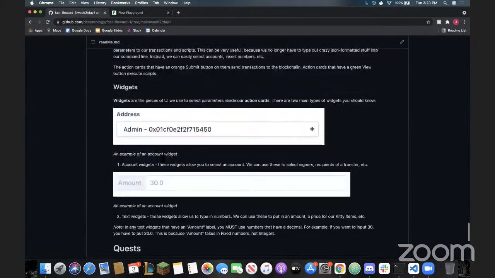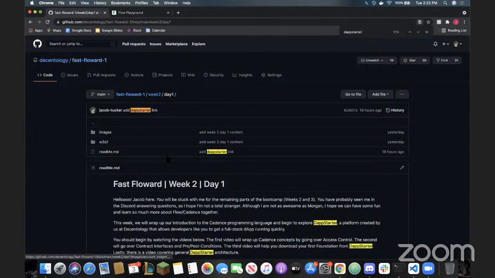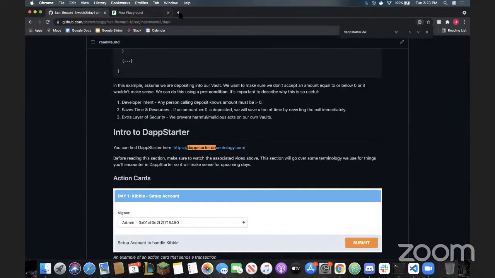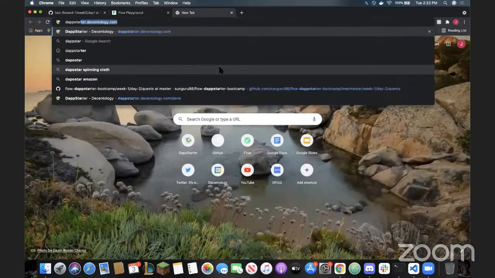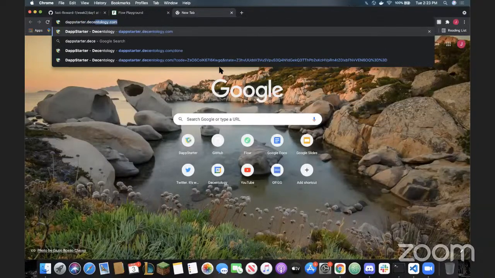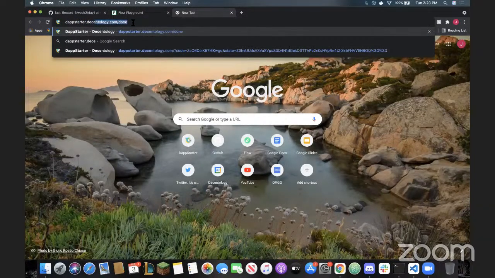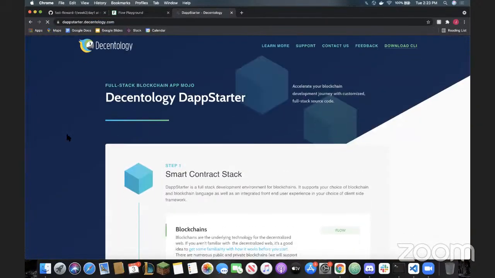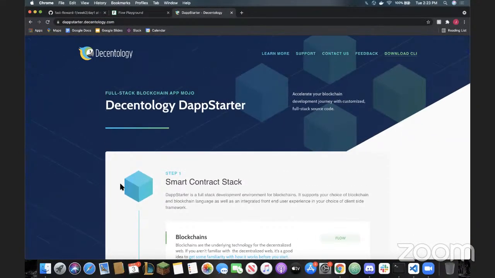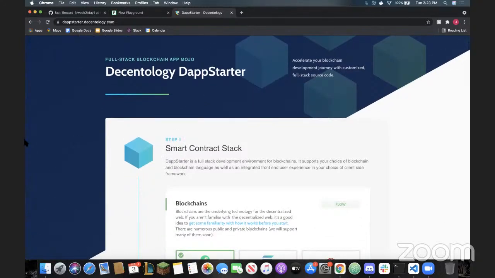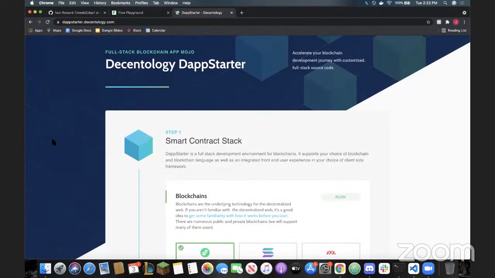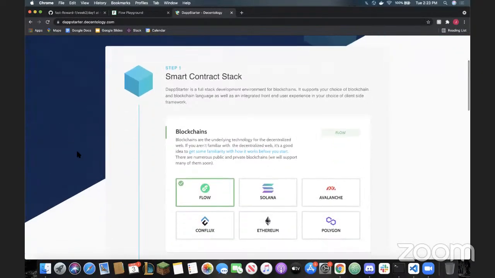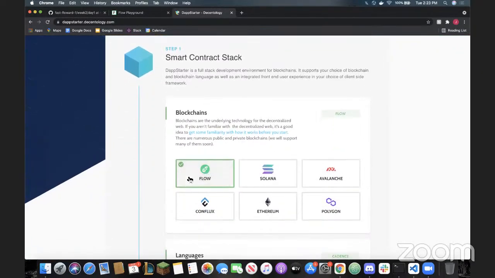Okay. So let's go to DappStarter.decentology.com. And this is, as I said in the video, where we're going to get our DappStarter DApp, and we're going to get the Fast Floward foundation. So just like I said in the video, we're going to be using the Flow blockchain, but for future reference,